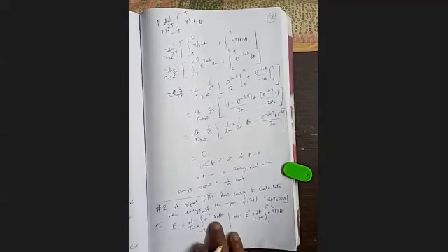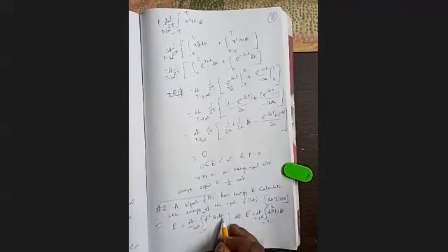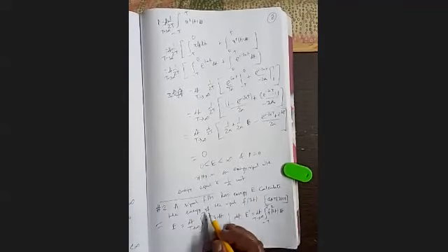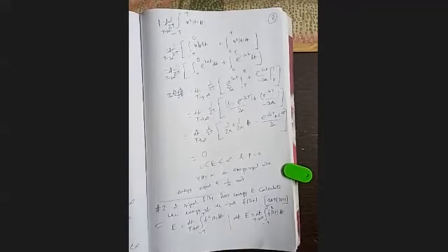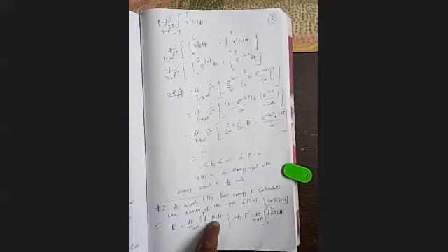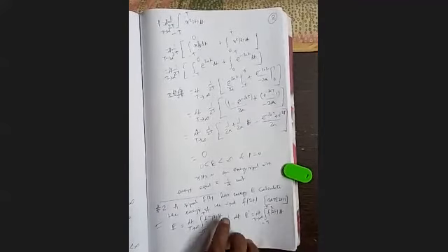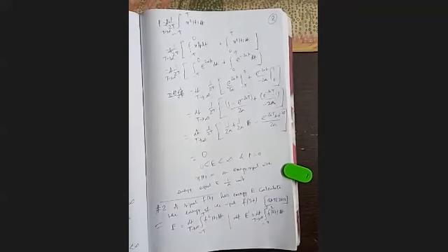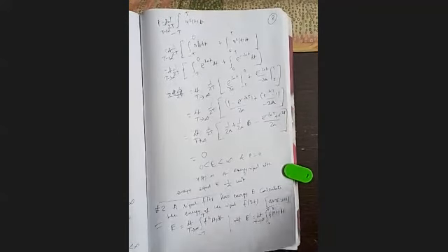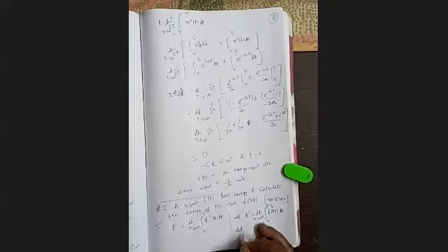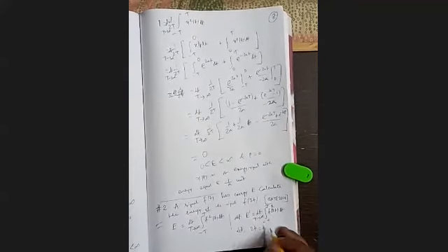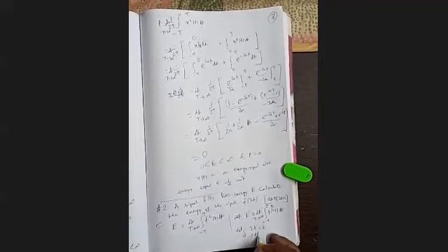Note that here t is just a dummy variable. Once you integrate and put the limit, finally there will be no existence of t. So small t is just a dummy variable. You can write t, p, v, z, anything, no problem. So let 2t equal to z. Therefore 2 dt equal to dz.